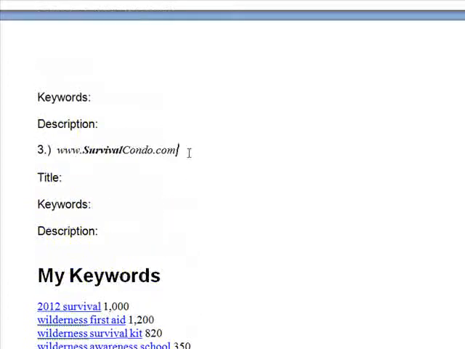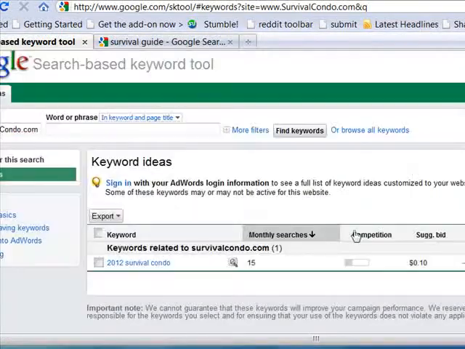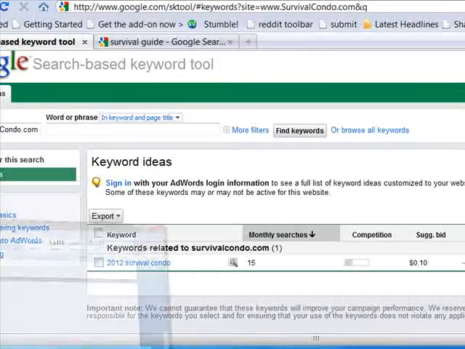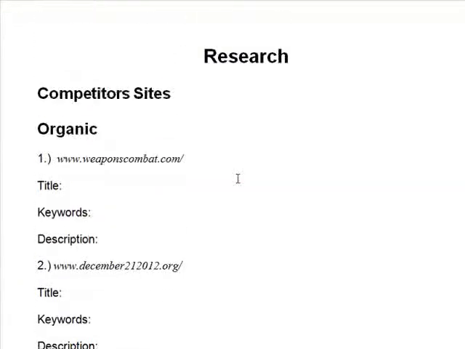Next one, survival condo. I'm not sure what's going to pop up here, but it seems somewhat related. And 2012 survival condo, 15 searches. I'll just ignore that one. And so you can see in the research doc, we've got keywords now, and the next step is to go